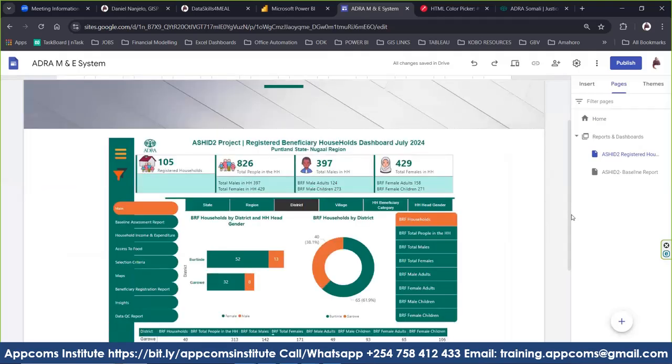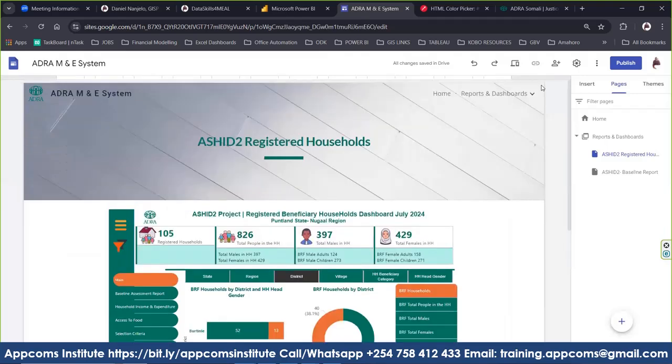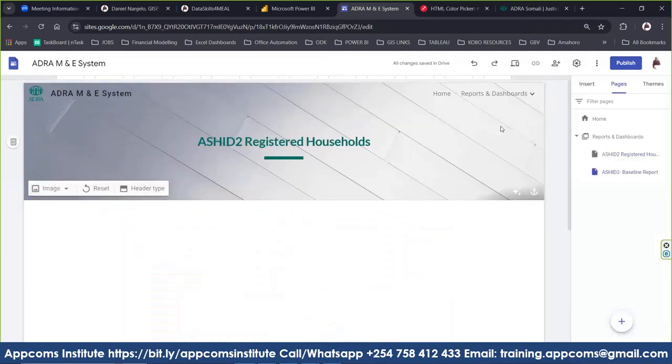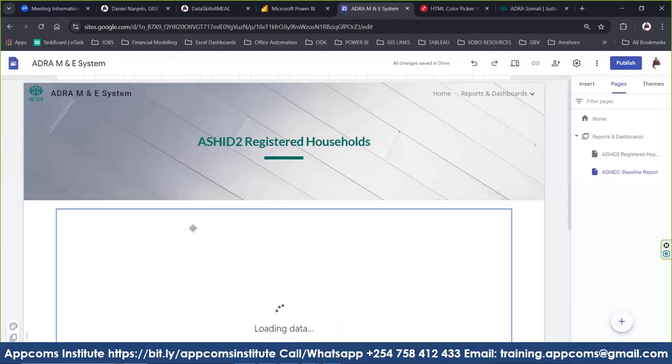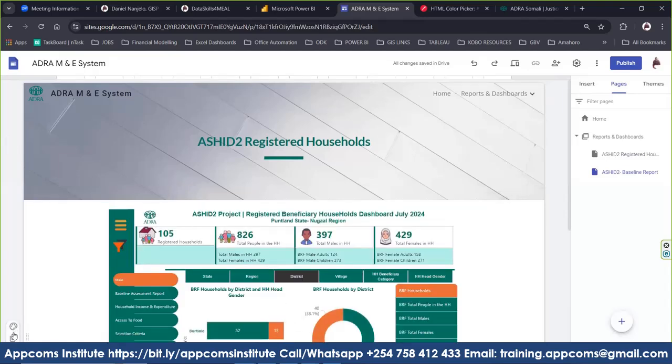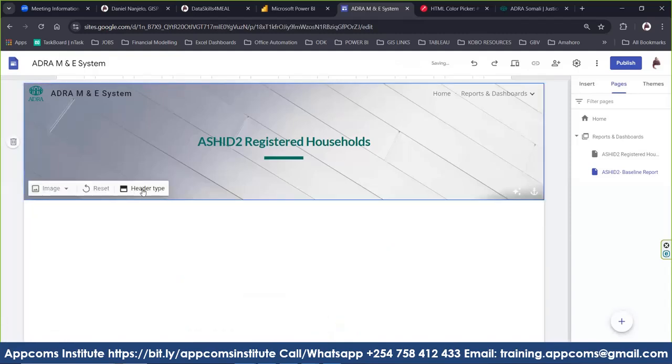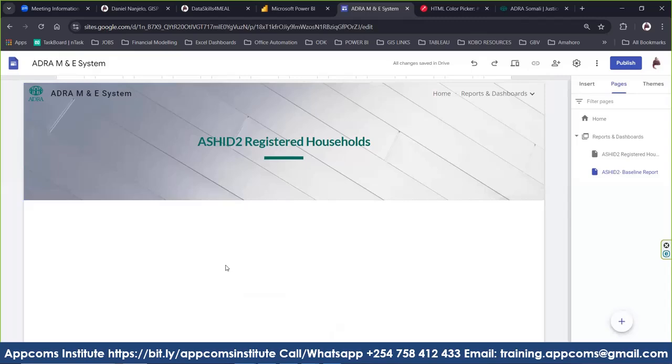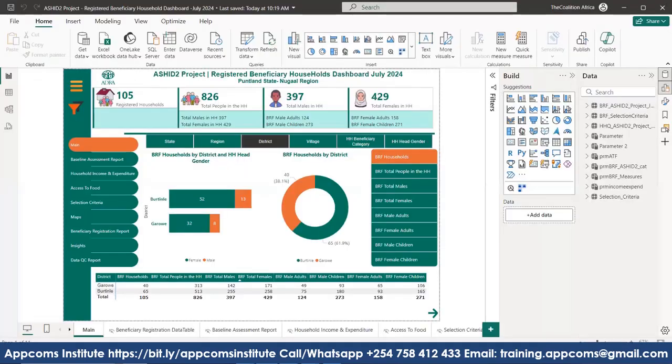Or the baseline report. Right. So I think this is not the baseline report. So I'm going to say, let's delete this. Okay. Yes. We can do a new embed, but before we do the new embed, we have to publish our